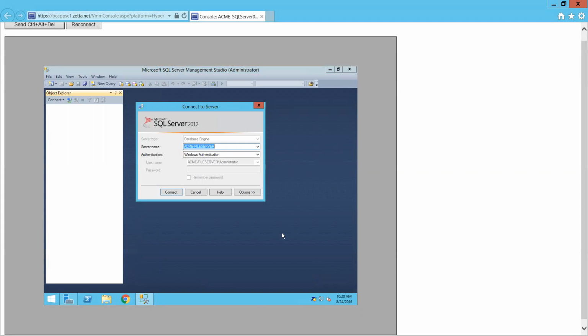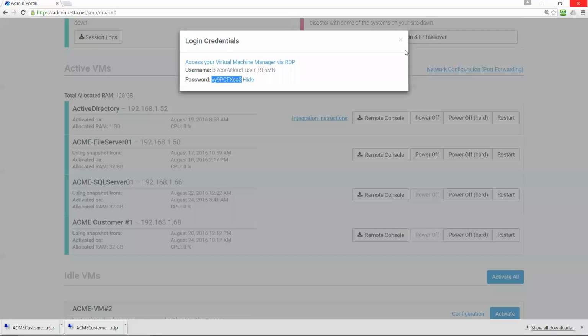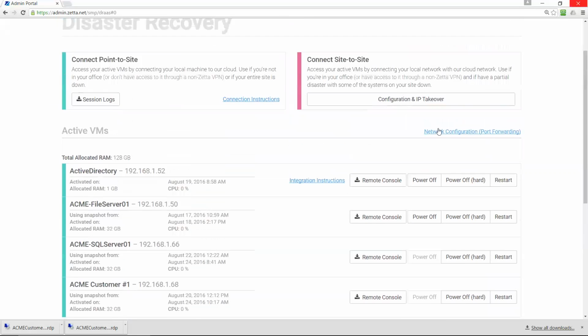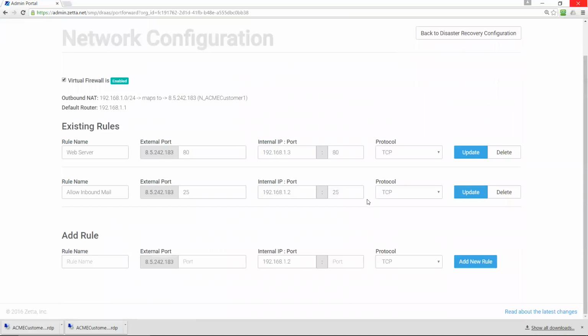Let me go ahead and just jump back to the portal here. All right, and then the last thing I wanted to show is what the network configuration looks like. So we can open up this tab. It's very similar to a home router, kept very simple. In this case, I've got a rule set up for my web server. This is the external IP, which doesn't change, so I can have DNS pre-configured on my end. Port 80 is enabled, and this is the internal IP for that machine. Same thing with mail. I've got port 25 forwarding to the other machine, and you're up and running.